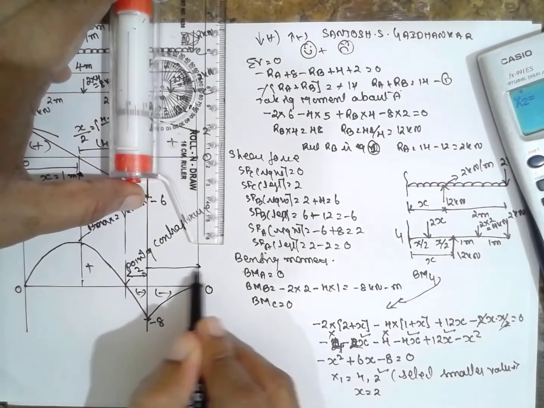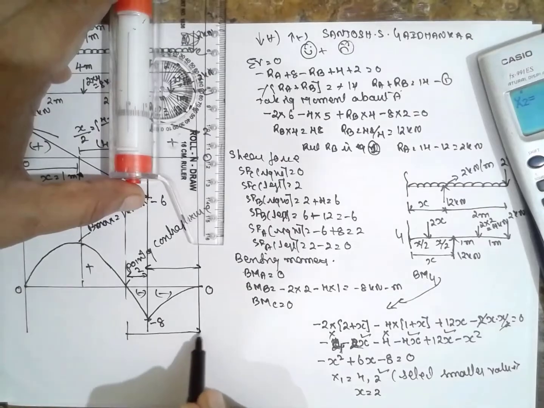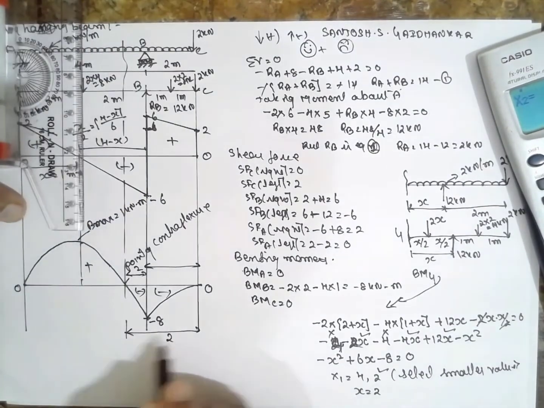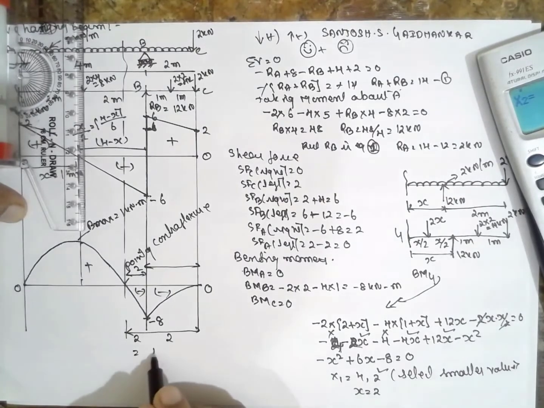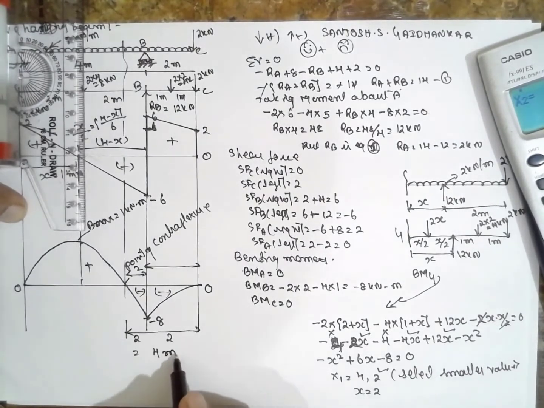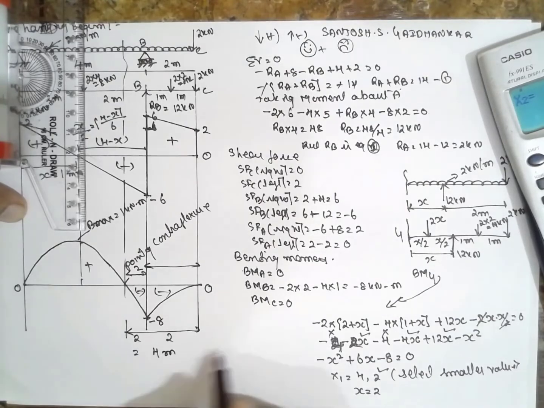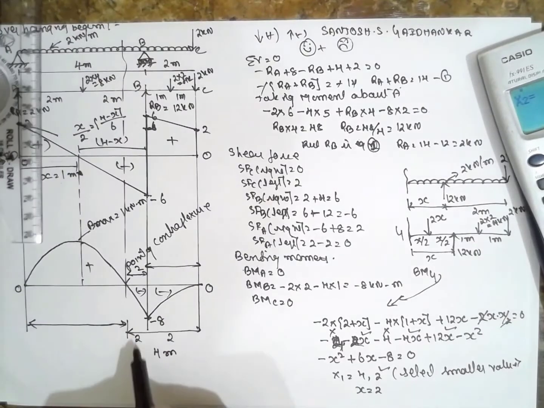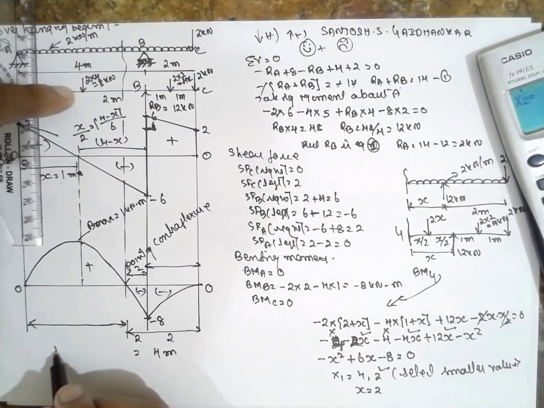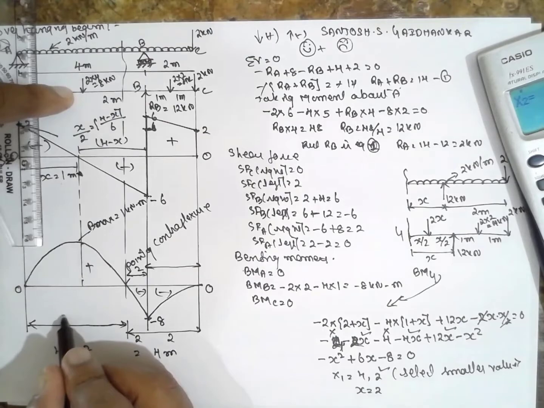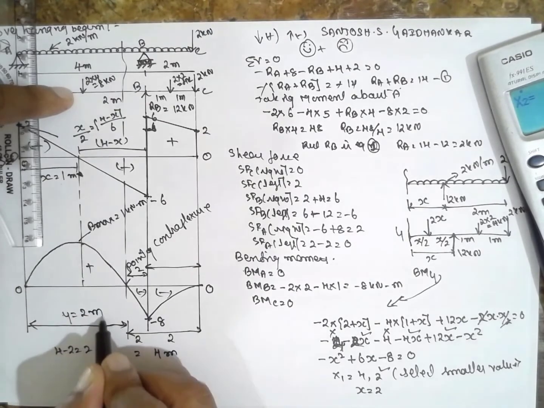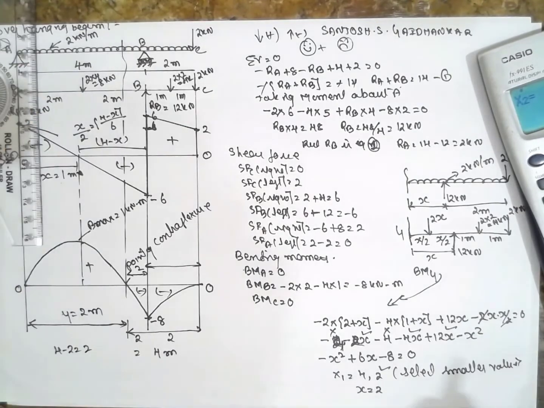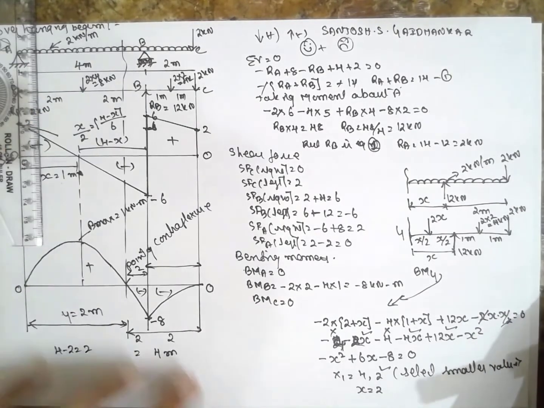The total distance will be what? This is 2 and this is 2. It will be 4 meter. Now this will be 4 meter from this direction. What is the distance here? If you measure here, it is already 2. 4 minus 2, it will be 2. And this y is nothing but 2 meter. If you measure from this side, it will be 2 meter. If you measure from this side, it will be 4 meter. In this way, you have to solve the problem of overhanging beam.